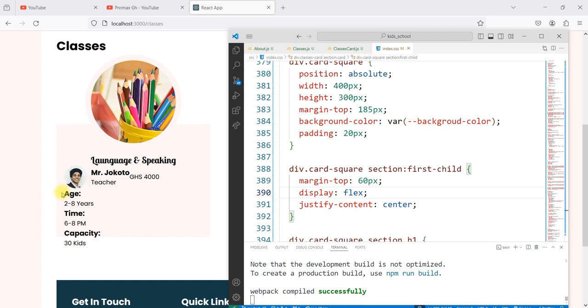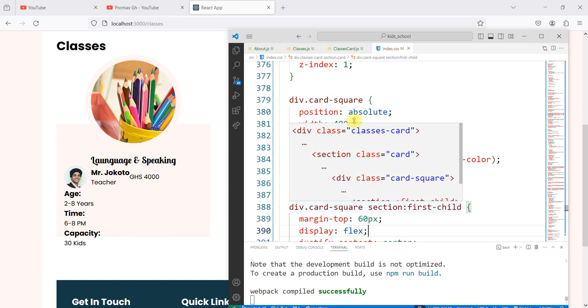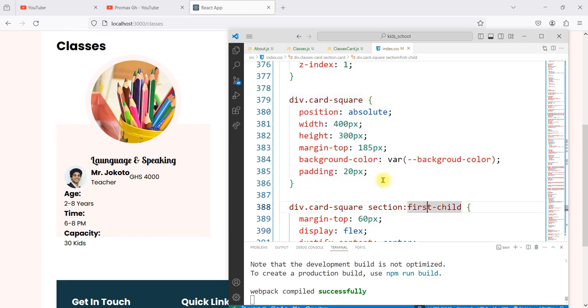But then also they were too close to the edge because we didn't have a padding on the container. So I went up to the card square itself and then added a padding of 20 to it so that it will move the content away. But when I did, I could just do padding and then set the top to 0 and then the rest will be 20 20 20, but then I did not do that. I did padding 20, so it added at the